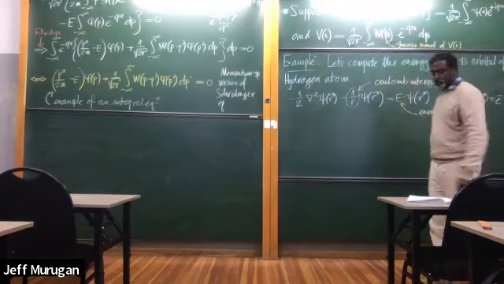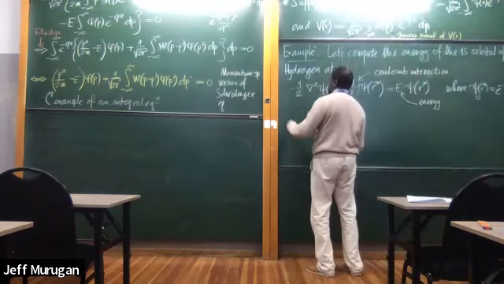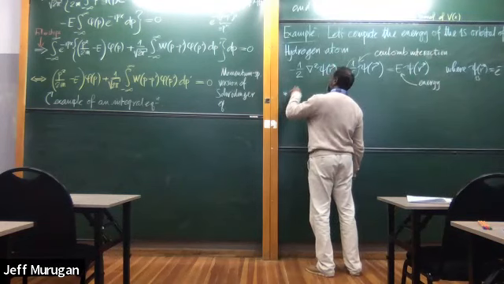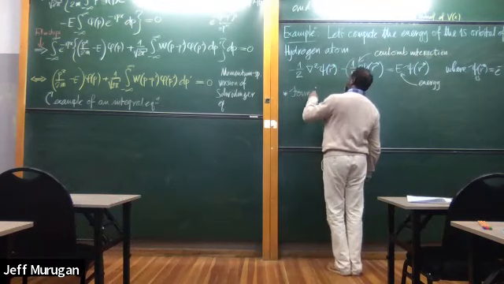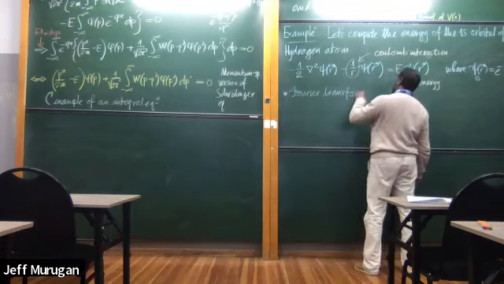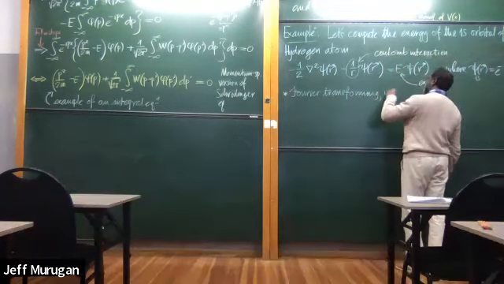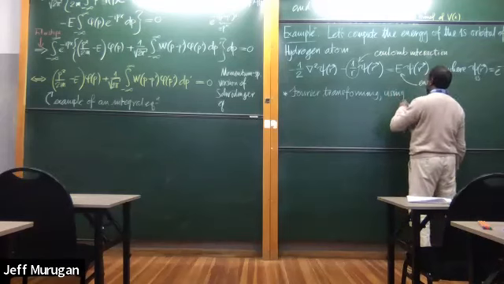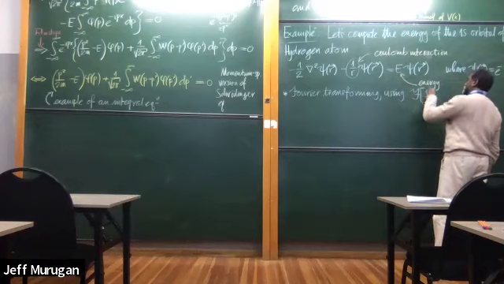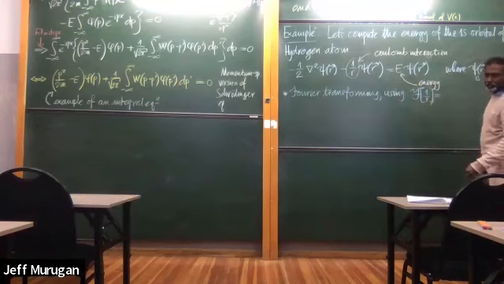So let's Fourier transform this equation, using the fact that the Fourier transform of 1 over r is